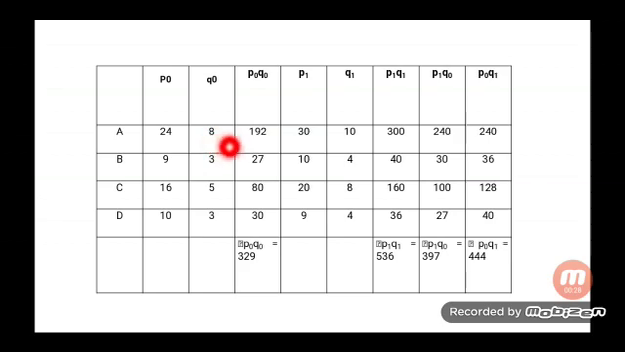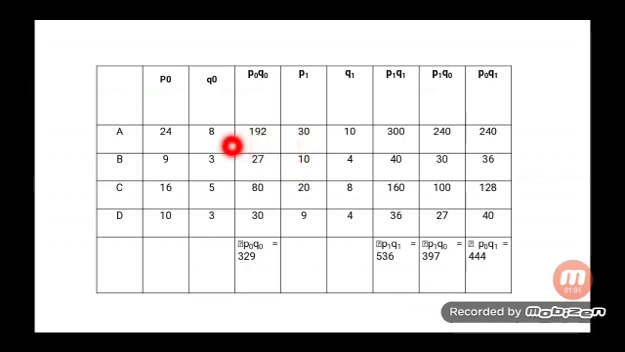24 into 8 is 192. 9 into 3 is 27. 16 into 5 is 80. 10 into 3 is 30. Next we will calculate P1 Q1, that is 30 into 10 is 300. 10 into 4 is 40. 20 into 8 is 160. 9 into 4 is 36. Next P1 Q0,